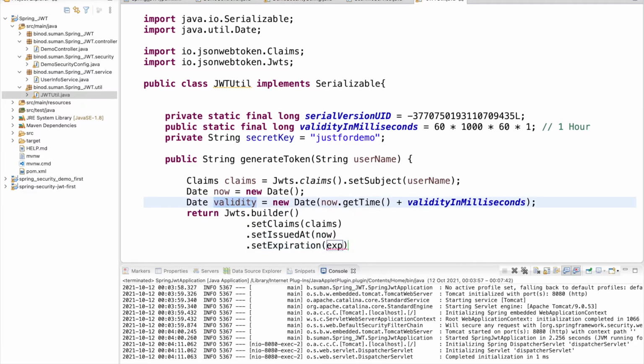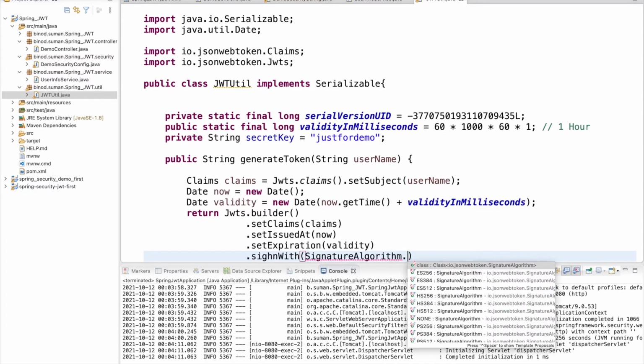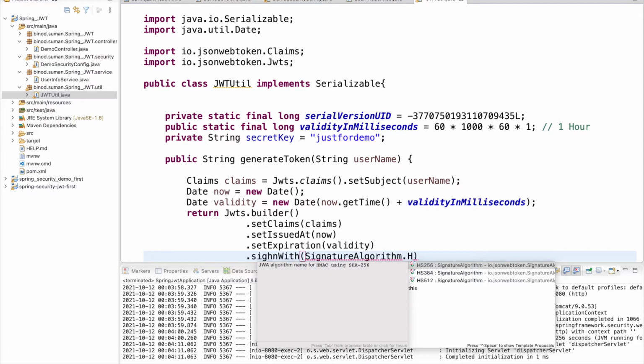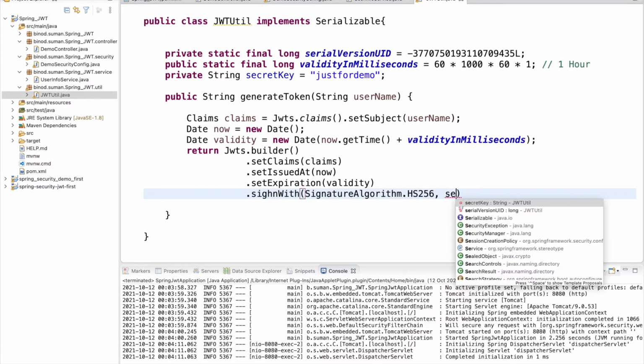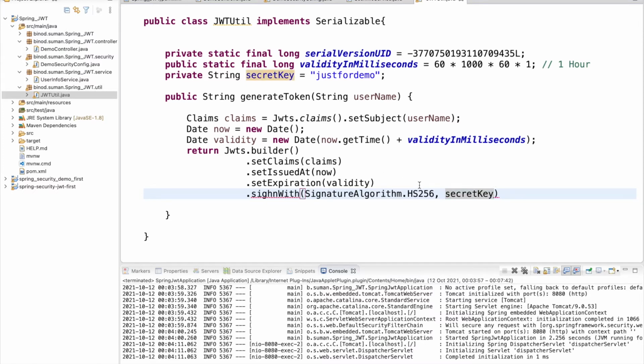This many hours it should be active. Then you have to use signWith, with whichever algorithm you want. There are many algorithms, but for the time being you can use HS256, right? And it also needs the secret key, which we have taken. With the help of the algorithm and the secret key, it will do that. And then we have to call compact, right?